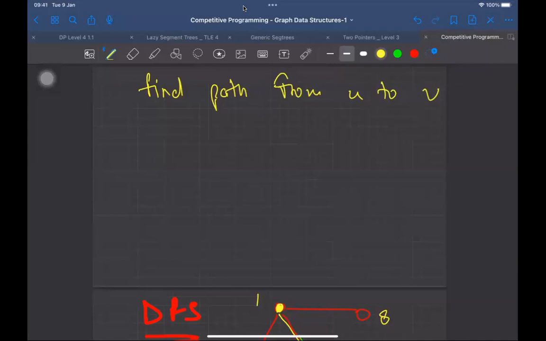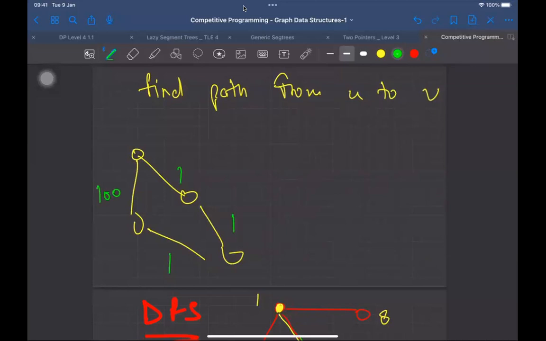A weighted graph is a graph in which there will be edge weights. So a BFS would not necessarily give you the shortest path there. Let's suppose this is the graph. Let's suppose this edge is 100, this 1, 1, 1. Then the shortest path from this node to this node is